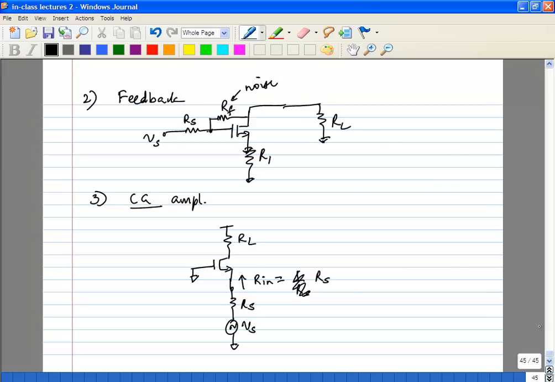Sir, why do we always go for a voltage source as the signal, and not a current source? Because typically the signal coming in is usually a voltage source. If you have an antenna connected to a circuit, it's usually a voltage coming in. But you could have other cases, not necessarily wireless, such as wireline cases where there may be a photodiode and then there's a signal current. But in most cases you would be getting a signal voltage.